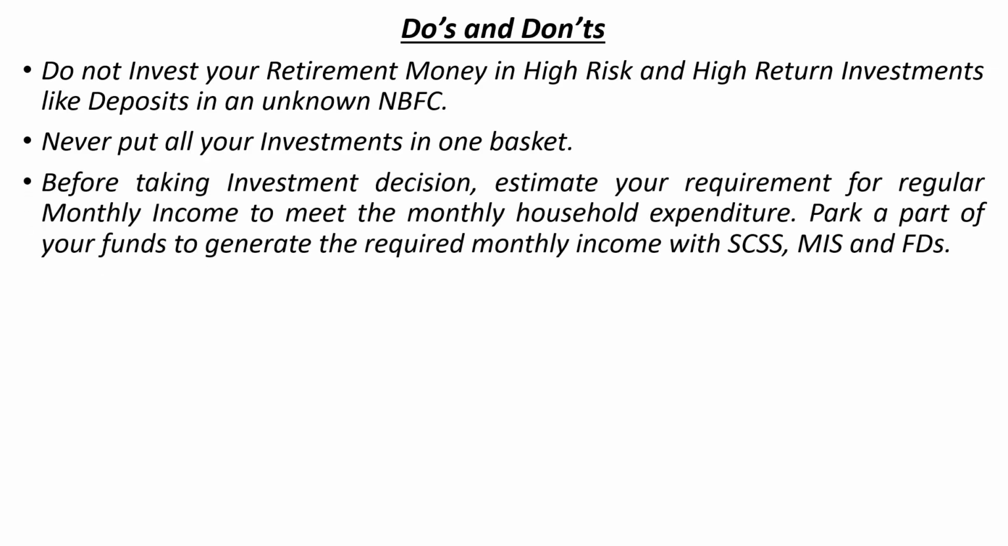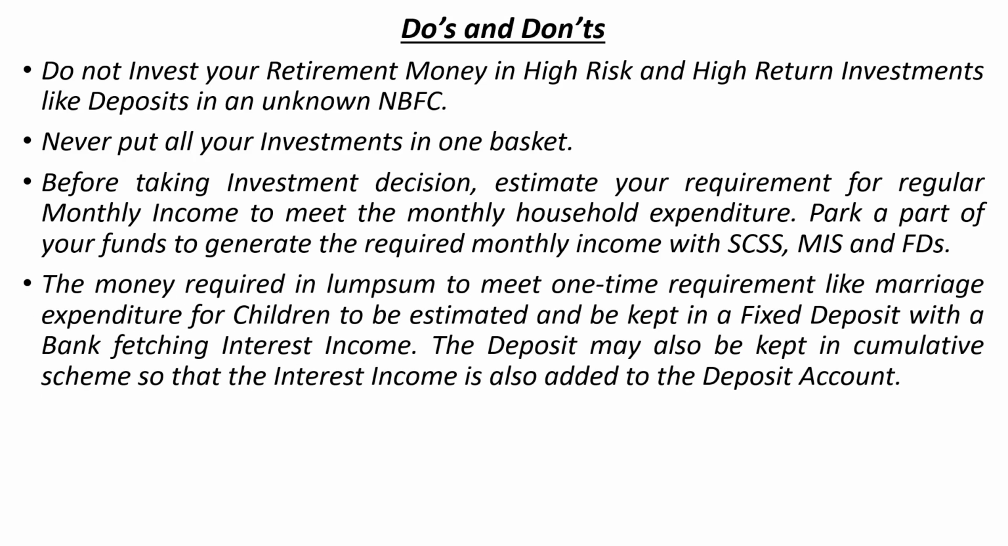Before taking investment decision, estimate your requirement for regular monthly income to meet the monthly household expenditure. Park a part of your funds to generate the required monthly income with the Senior Citizen Savings Scheme, Monthly Income Scheme, and FDs. The money required in lump sum to meet one-time requirement like marriage expenditure for children to be estimated and be kept in a fixed deposit separately with a bank fetching interest income. The deposit may also be kept in cumulative scheme so that the interest income is also added to the deposit